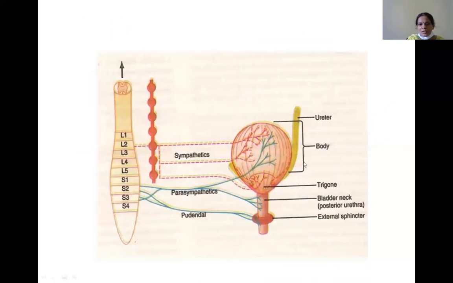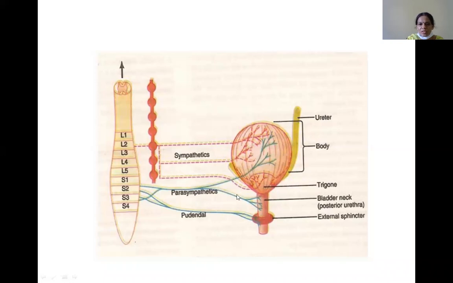Here this is the urinary bladder. The urine formed in the kidneys enters the ureters, and from there into the bladder. You have to remember that the bladder is made up of a very specialized muscle termed the detrusor muscle, and it has innervation. It receives supply from the parasympathetic, which is the most important. The micturition reflex is carried out by the parasympathetics, which have sensory as well as motor components.